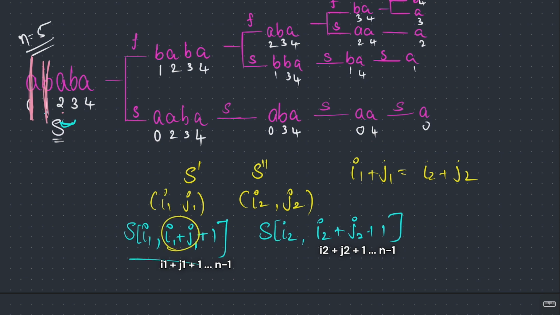So this portion is same, right? This portion is same. Okay, of course, till the end, right? From I2 plus J2 plus 1 till the end, and here I1 plus J1 plus 1 till the end, like all the indices you will have. Fine. And you know that this portion is same, this portion is same, this portion is same. So if these two strings have to be same,